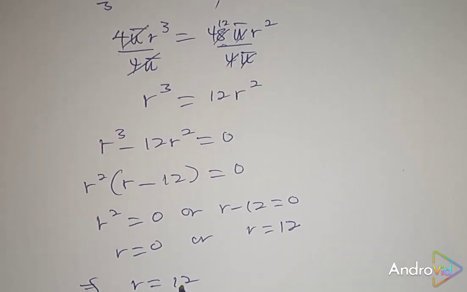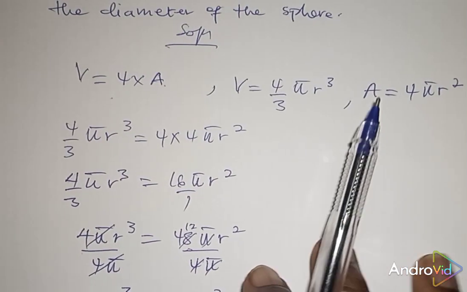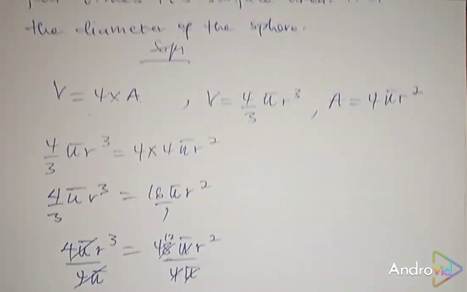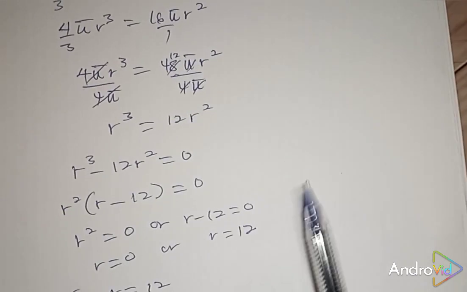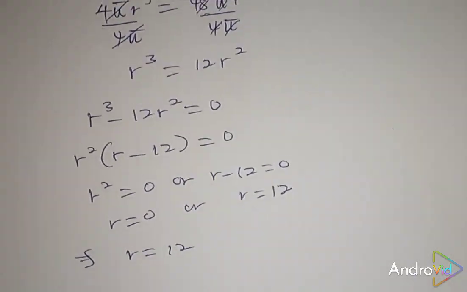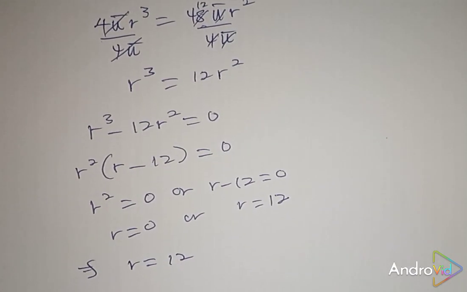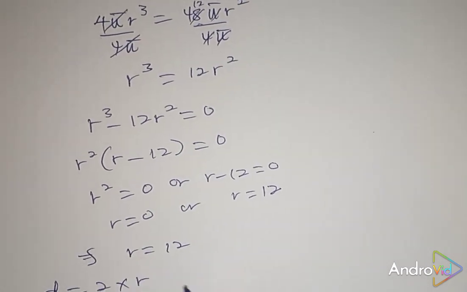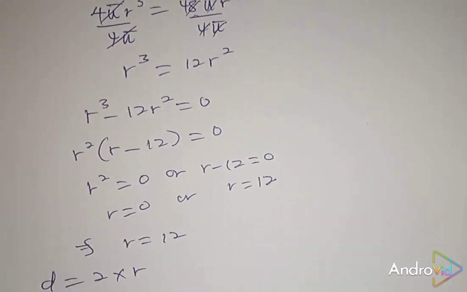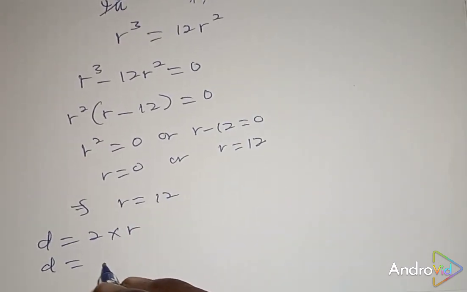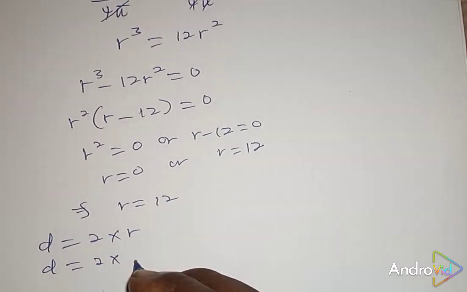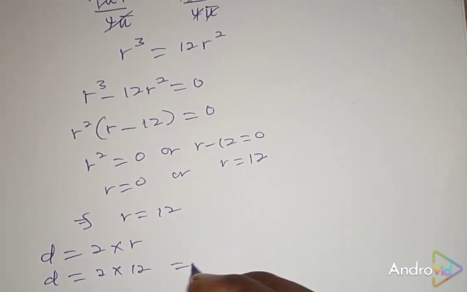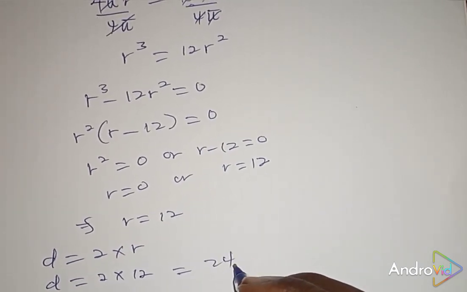Very good. And since we were asked to find the diameter of the sphere, and we've gotten the radius, once you know the radius, then you can say the diameter is equal to 2 times the radius. So the diameter D is equal to 2 times 12. So our diameter is equal to 24